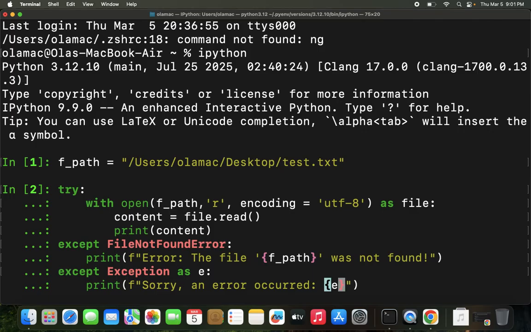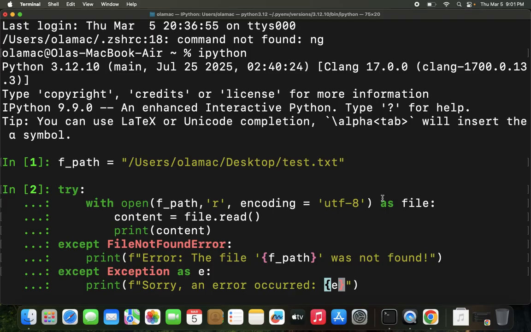We can pass that error here. We're using this alias e to do that. Okay, so we have created our try except block, and then we've used this file.read method to try to read the content